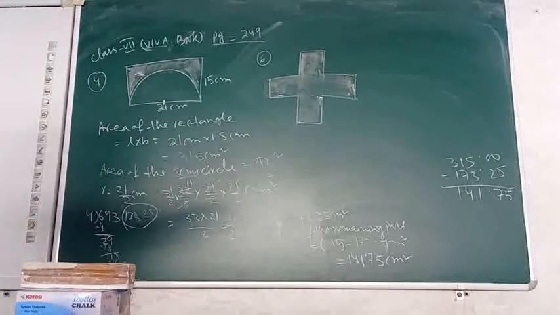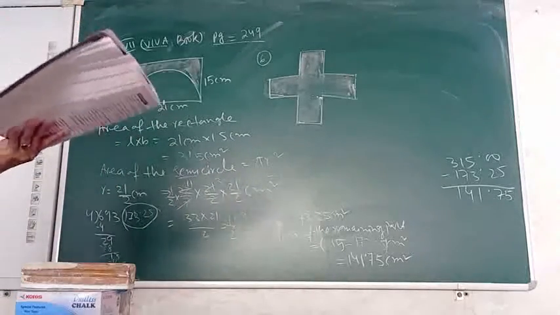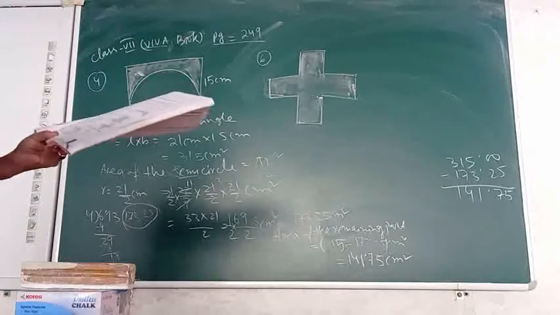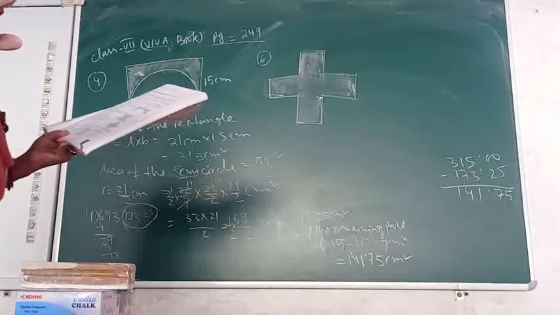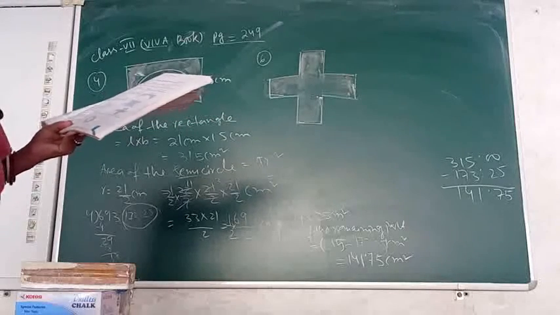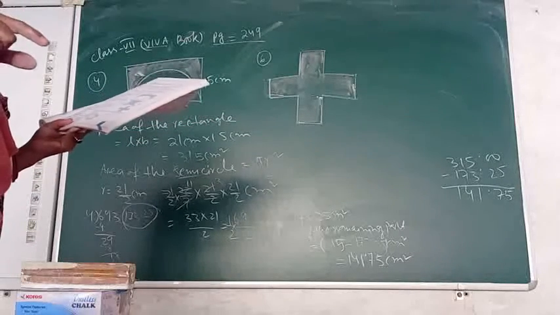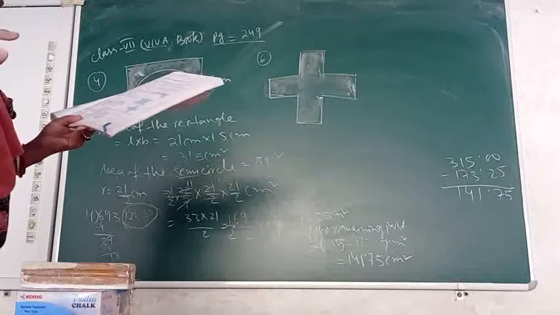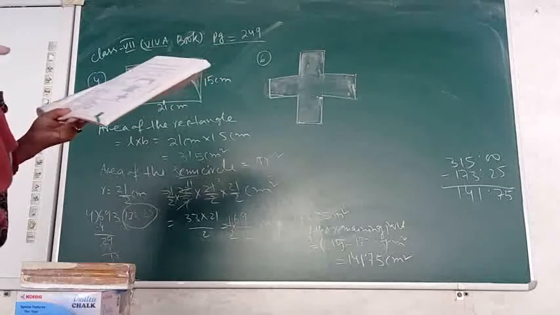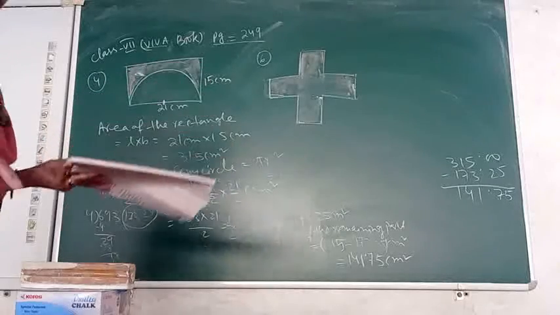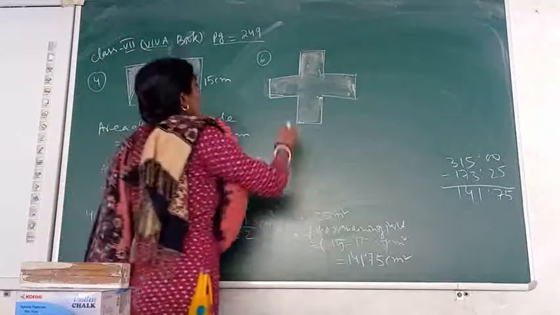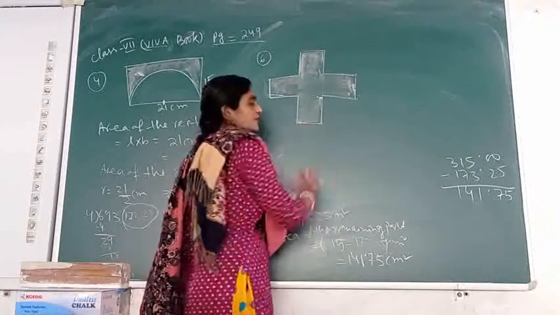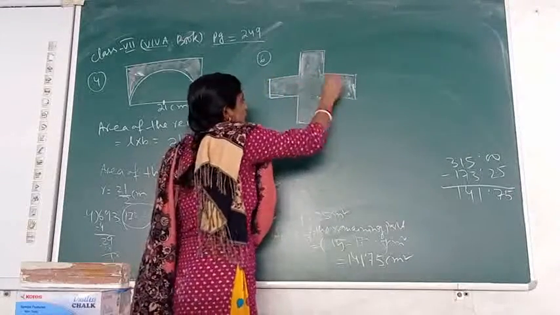Okay, now you come to the question number 6 here. You can see one diagram I had made. This is a symbol of cross as given. The question is like that. Two rectangular strips of metal each measuring 50 cm by 10 cm are welded to form a cross symbol as shown. This logo is to be painted red on both sides. The surface area to be painted is asked. So for that, what I have to do? That one I have to paint. So for that, and you are asking for both the sides. But it's okay. Two rectangles I have.